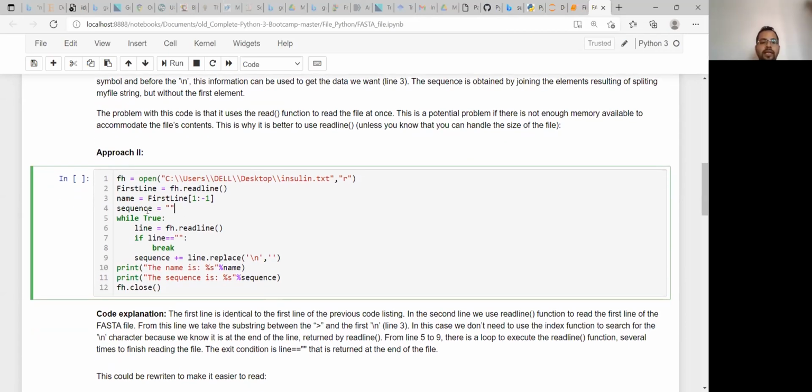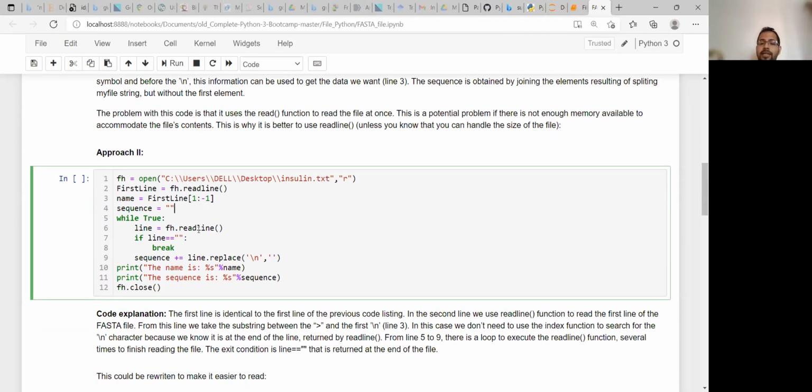Now the next job is to take the sequence from the whole protein sequence. For that we can use a while loop, because we are reading single lines. So we are using while True colon, line equals fh dot readline.